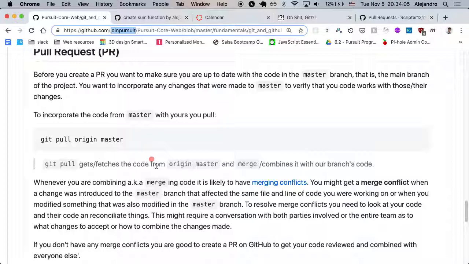Just to reiterate, you will be pushing not to a fork copy of the repo, you will be pushing to the repos of